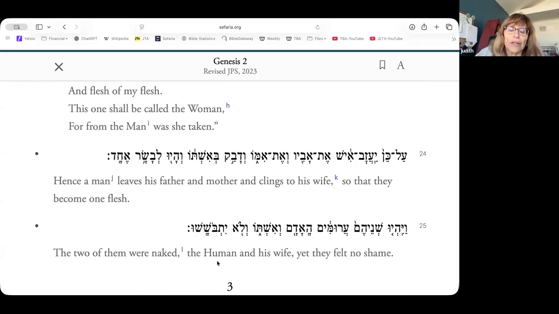Where else does that word, shame, come up? It shows up a few times in J. I don't know that the priestly author ever uses the word shame. The priestly author uses the word guilt a lot, right? Asham, the guilt offering, is used a lot. We're going to talk about that hopefully today, this idea of shame versus guilt, but